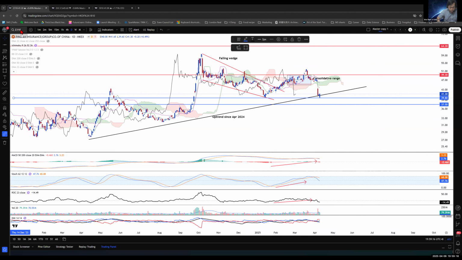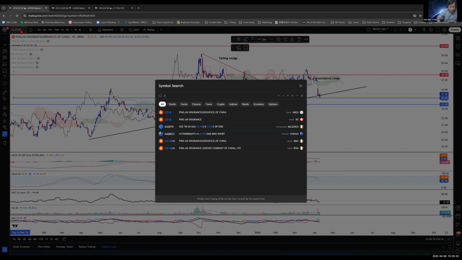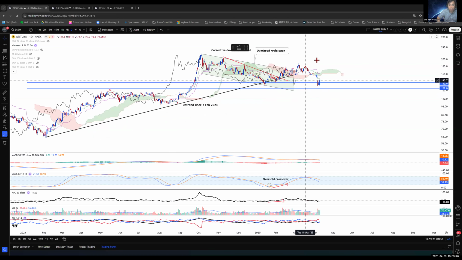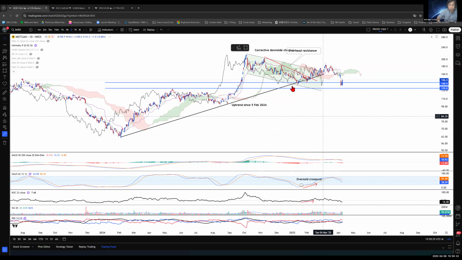Next one will be Meituan. Meituan, one of the steadiest ones. Given the fact that it does have a rounding top, it came down, but is still very much supported above it. And then you can call this a double bottom. And then we might see an upside going forth on this again. All right, so maybe looking at 181 and 1200 over the longer term period.